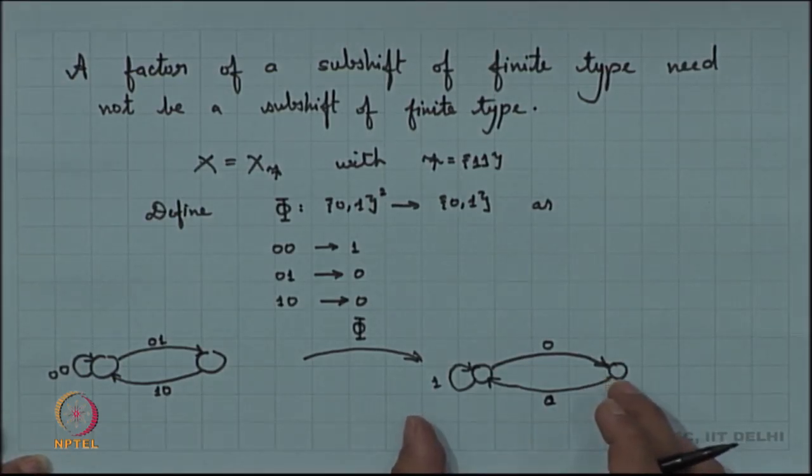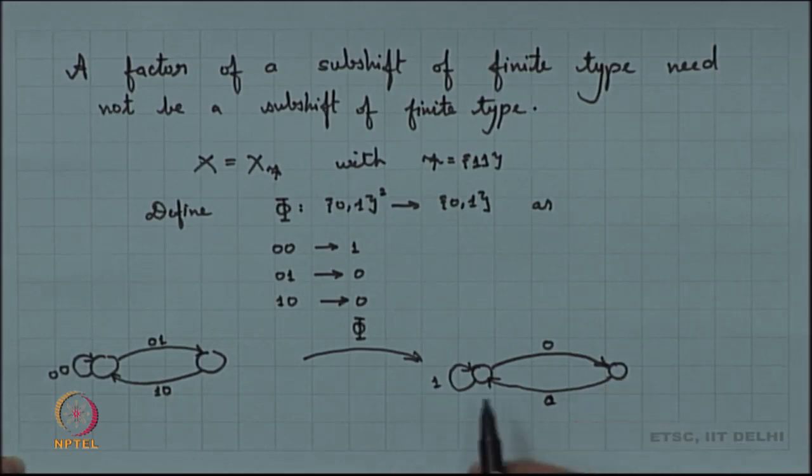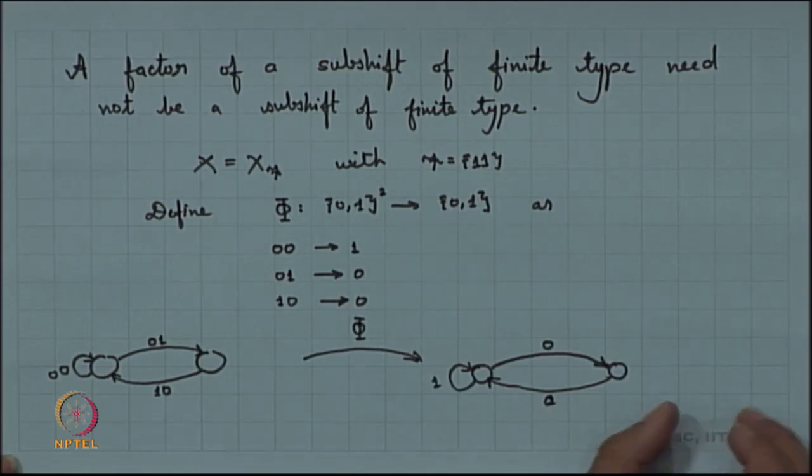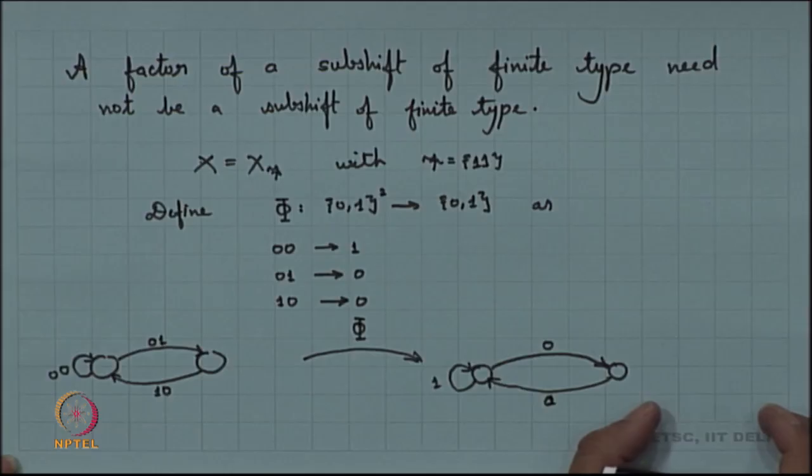Now, if we try to see what this subshift turns out to be, I can have any number of 1s possible, but once I take up a 0, I have to again take back a 0. So, my zeros always occur in even steps. So, I will always have an even number of zeros. This is basically my even shift. You have an even number of zeros between any two ones. So, this is an even shift.